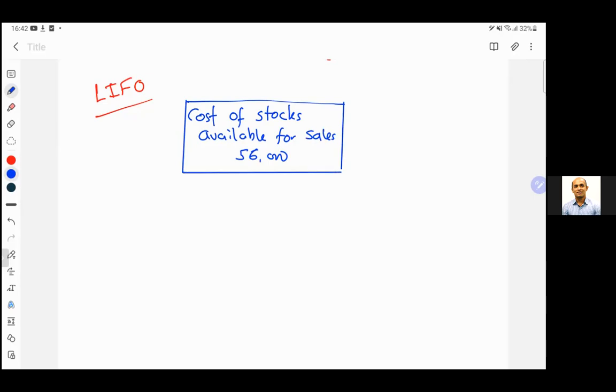This is how this 56,000 is made up. Beginning you had 40 units at the price of 500. During the year you purchased 60 units at the price of 600. Now the question says, out of these 100 units,